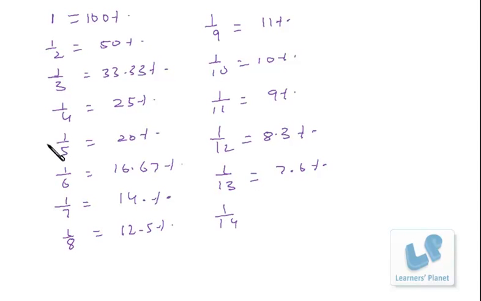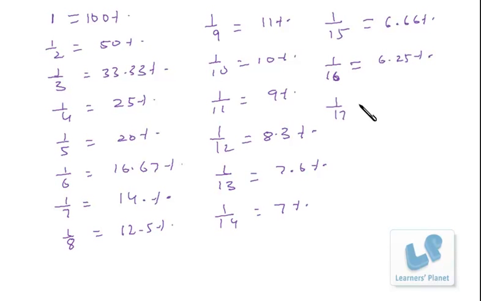1 by 14, that is half of 1 by 7. So if 1 by 7 is 14%, then 1 by 14 will be half of that, that is around 7%, right? Similarly, 1 by 15, that is one third of 20% you can say, because one third of 1 by 5 is 20%, right? So it is 6.66%. Then 1 by 16 is half of 1 by 8, that is half of 12.5, that is